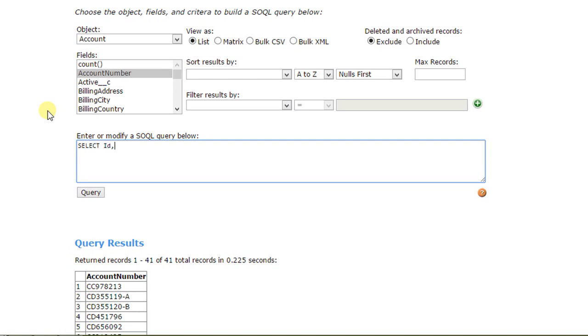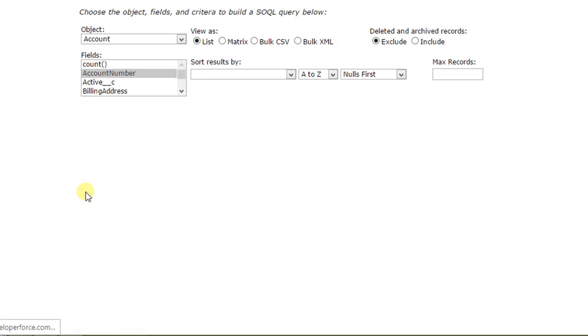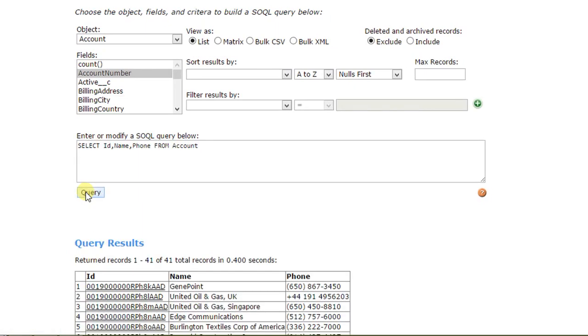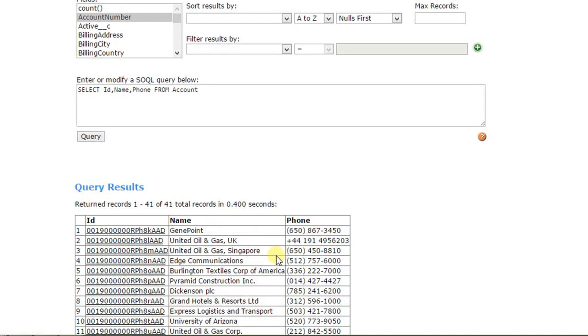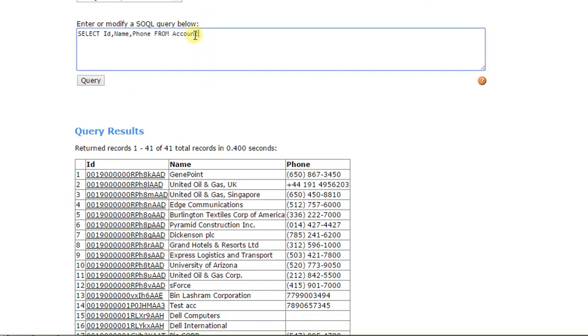So now let me go ahead and add a custom query. I'll go ahead and use a basic example right now. I'll enter select ID, name, phone from account object, and then when I click on query, you can see the result down below. It is pulling up ID, name and phone. So this is the basic example for SQL query, and now we will go ahead and see a cross object